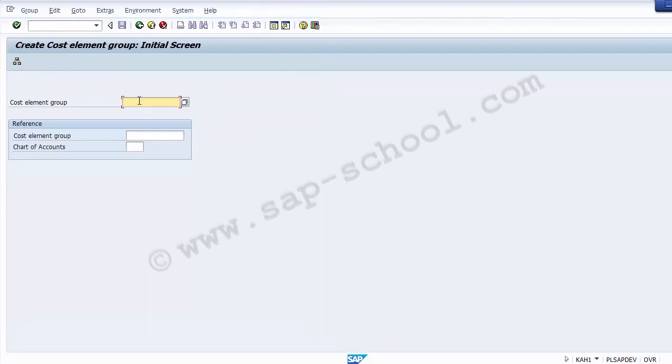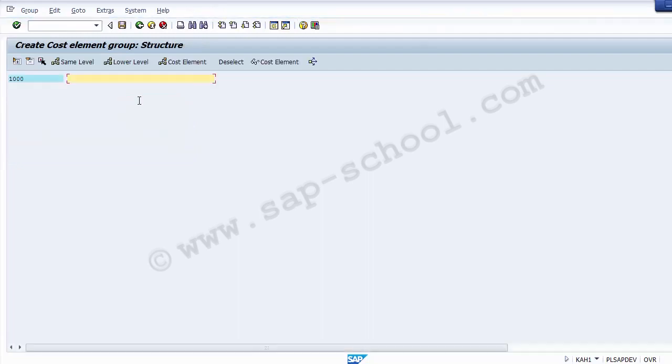Suppose I create a group named 1000, enter, and you can put the description to that. Suppose I name it as group A, and you can save it. So the changes have been saved. From this you can create the cost element group, and now if you want to assign the cost element